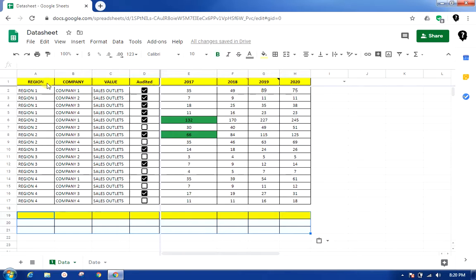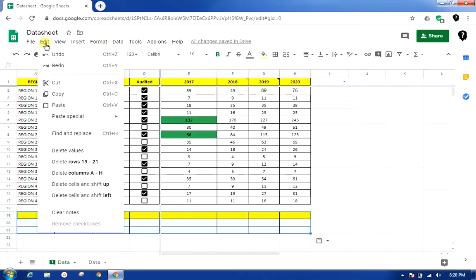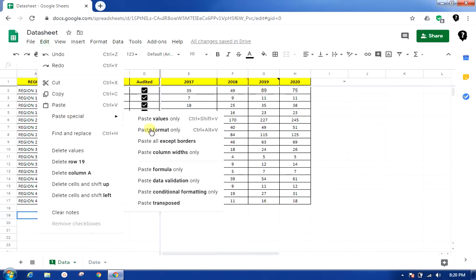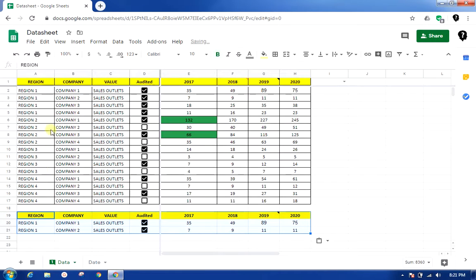So whatever format we have set has been copied only, and no data has been copied. Okay, again undo. Next, paste all except borders. So it has pasted all the data, but it has excluded the black borders of the cells. Okay, undo.